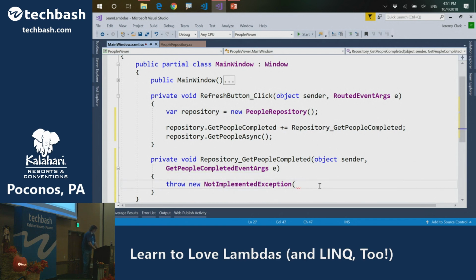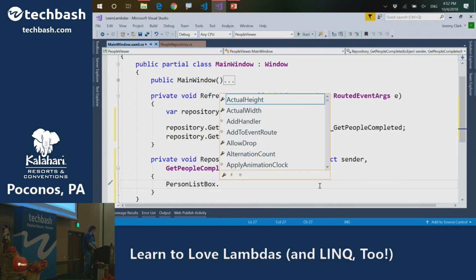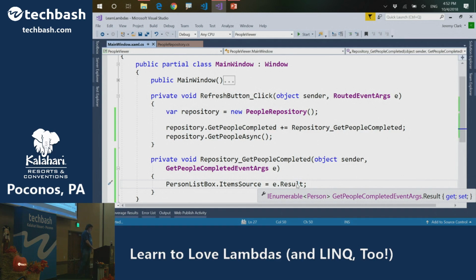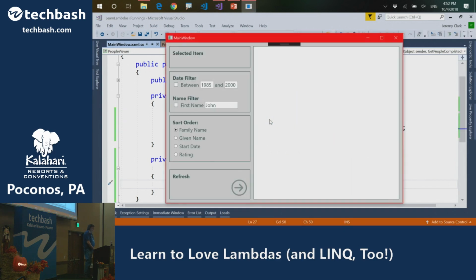But like I said, we have that result property, which is a collection of person objects, so I can just assign that to my list box. So I have a list box called person list box, and I'll set its item source equal to e.result. And again, if I hover over e.result, we see that's an IEnumerable of person. So that's a collection of person objects. And this is all the code that I need to write. So if I run right now, what we'll see magically, when I click the button,